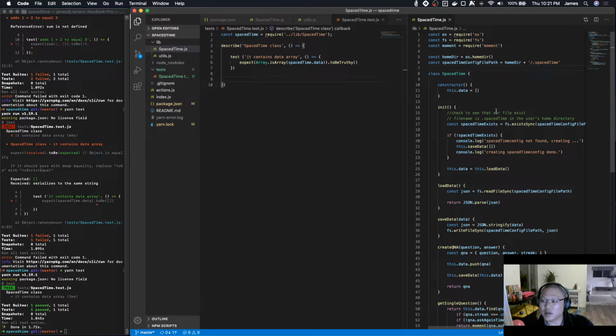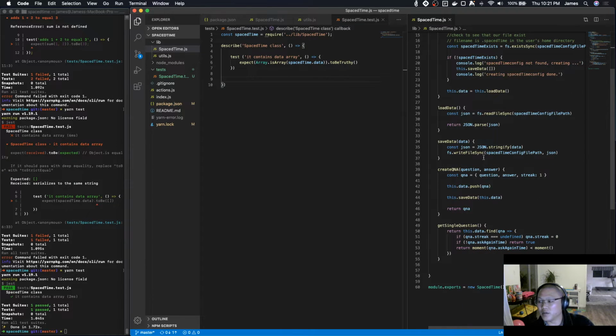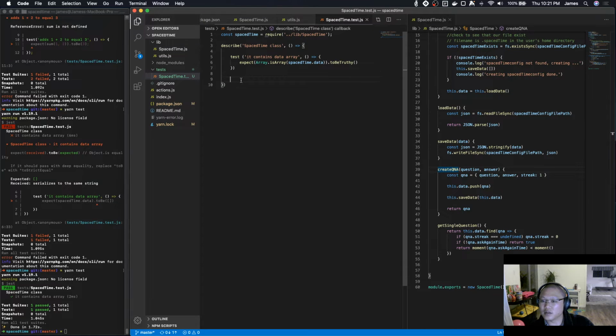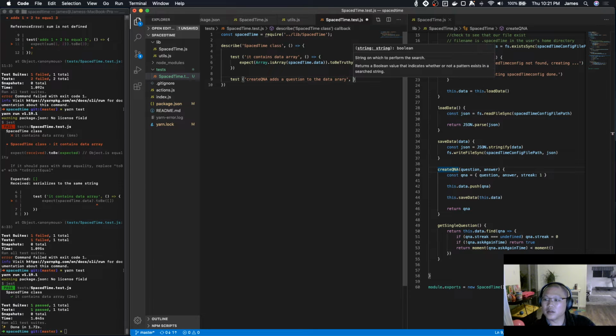So for the time being, I'm gonna work on very basic things, which probably includes like createQA, createQA, add a question to the data array,